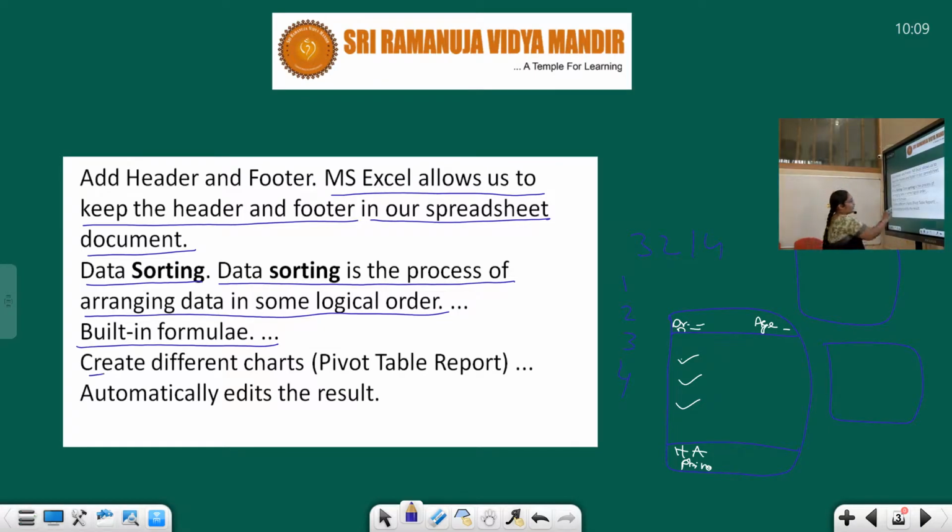So next, create different charts. In the earlier sessions I have explained that we can use different types of charts like pie chart, pivot table, report, etc. They are used according to the industry's level or the business level. They are used and maintained in a soft copy manner, and it automatically edits the result.